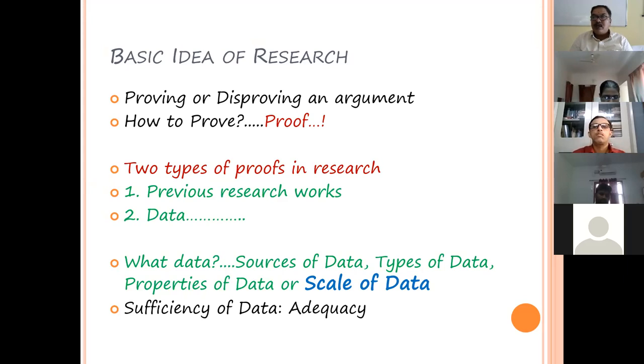When you start doing research and saying something out of the empirical data, whatever you have, so you have some data, so you have some empirical evidences. When you have empirical evidences and these evidences are not sufficient to support your argument, that's very, very important. The data or evidences are not sufficient to support your argument. If you really want to support your argument, you have to provide the tested proof.